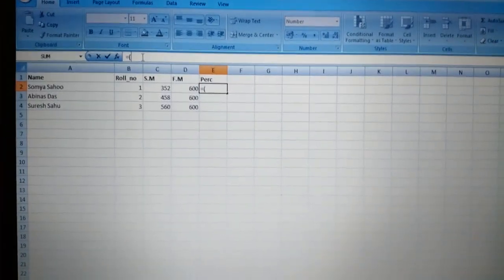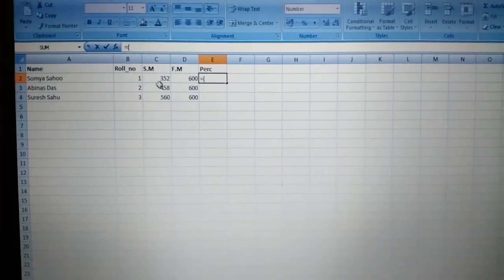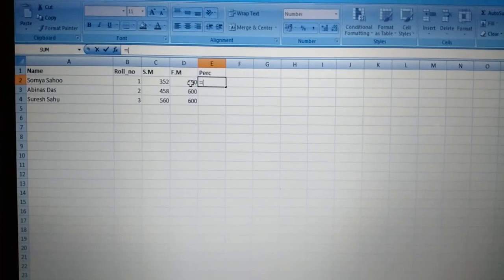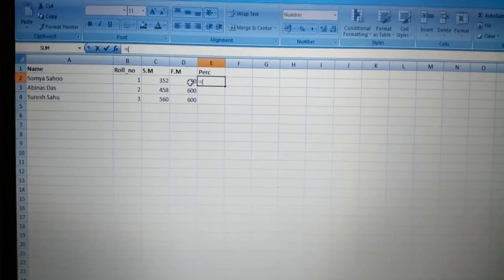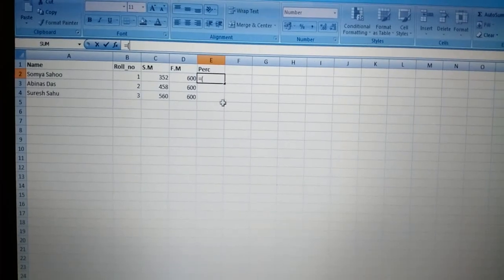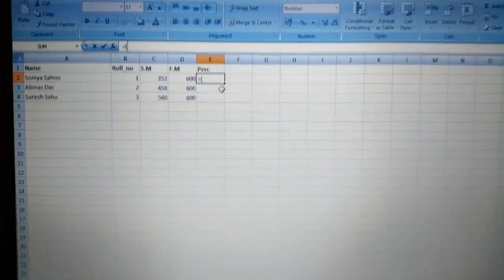In this situation we don't write 352 divided by 600 into 100, because it will give us a constant value, and when we drag it down it will be the same for all, which is incorrect.